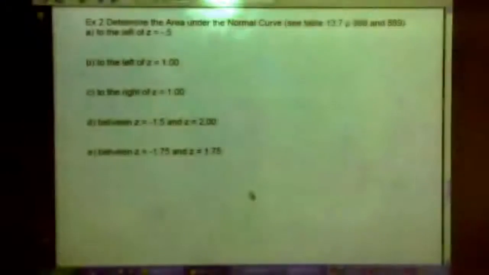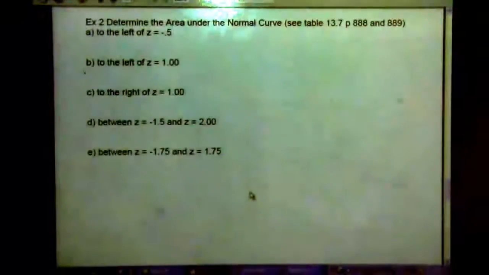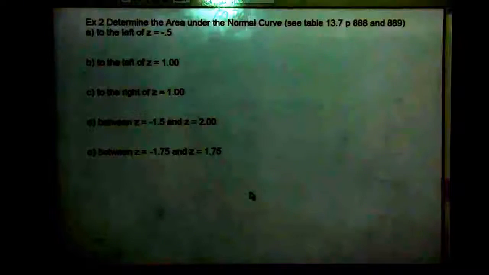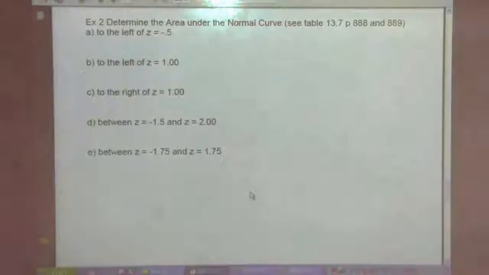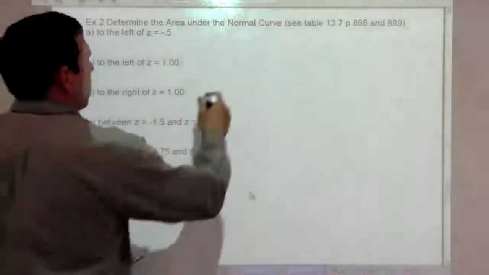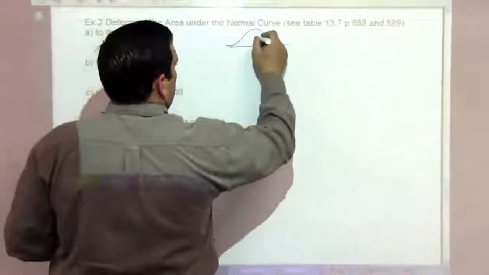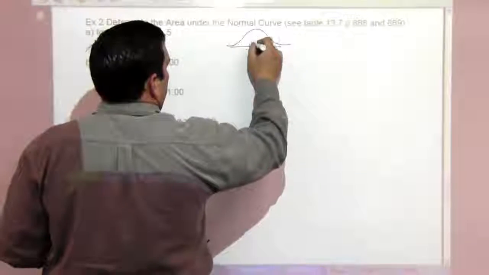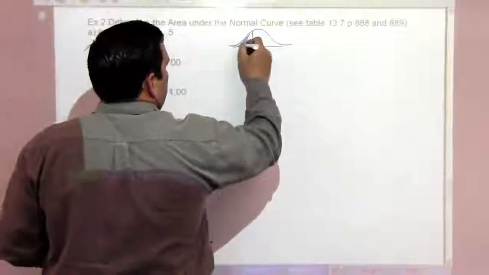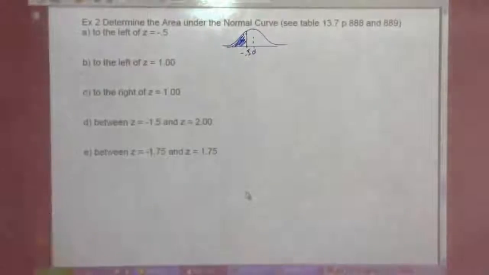In example 2, part A, it says determine the area under the normal curve to the left of z equals -0.5. So what we're talking about is on a curve, here's 0, here's -0.5, we want the area to the left of that. So if we look this up on the chart,